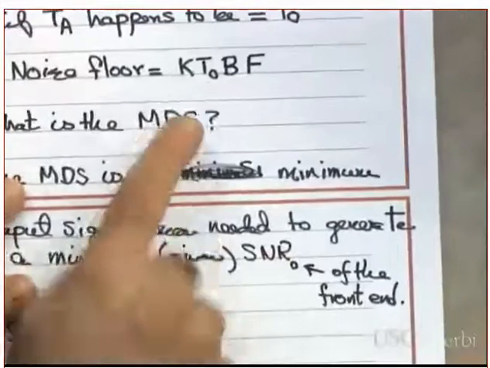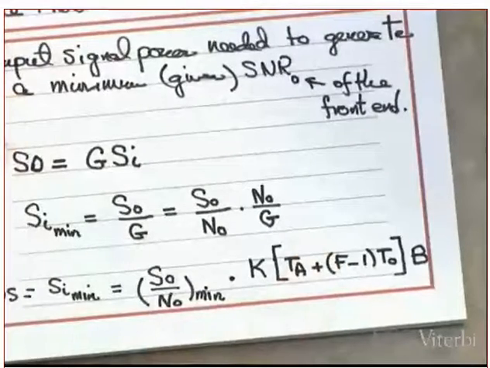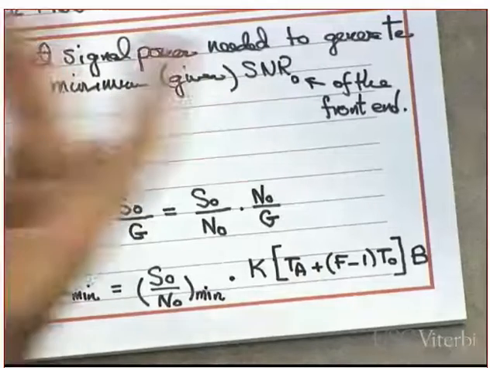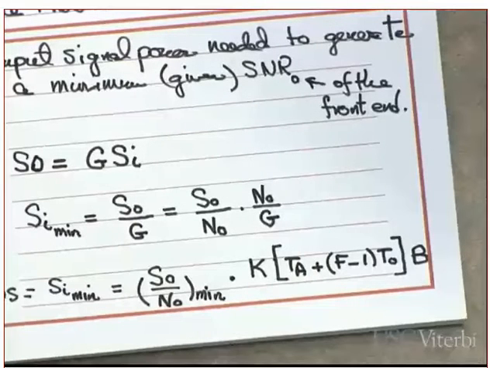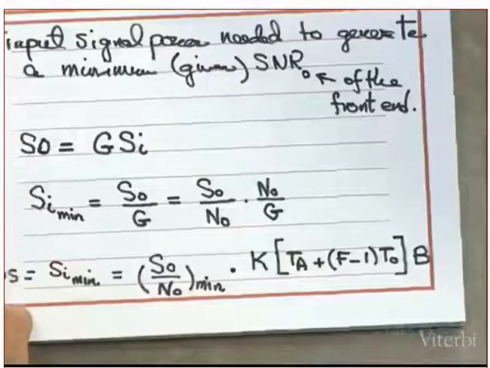Now, do not put this equation in here unless the question tells you that the antenna temperature is the room temperature. That's another mistake the students make. Did you get my point or not? Yes or no? I see you need to be careful with this. Clear? Now, once you get the MDS, then you can go and